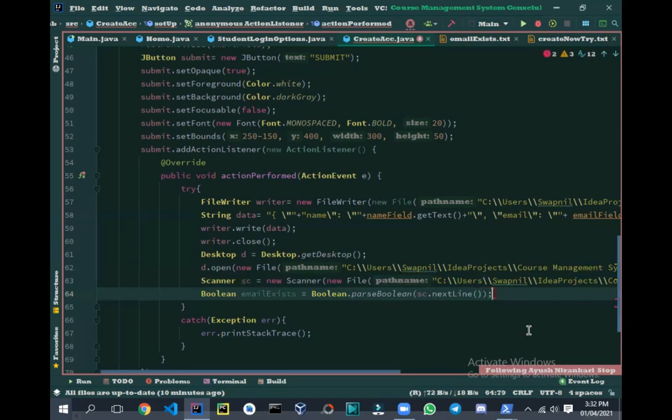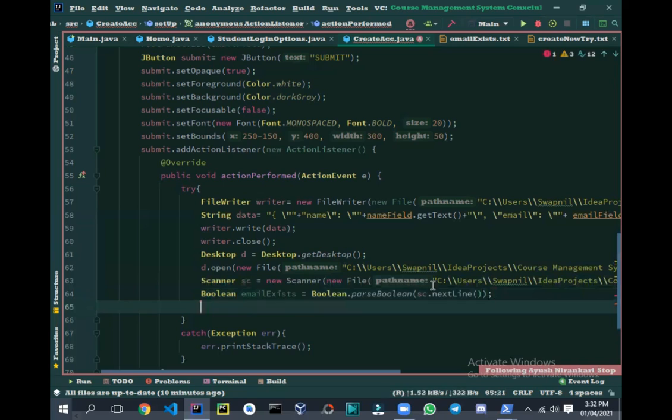So what we will do now is print the variable. It will just convert whatever is inside our file into a boolean, so it will obviously be true or false. Now we have to print it. So System.out.println(email